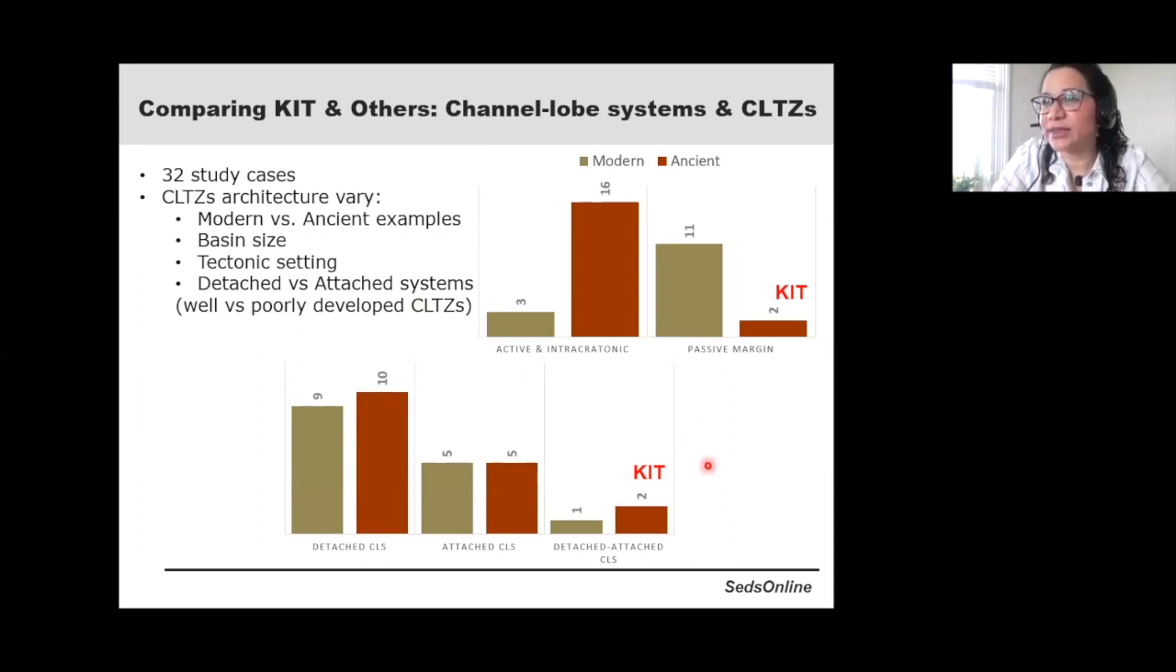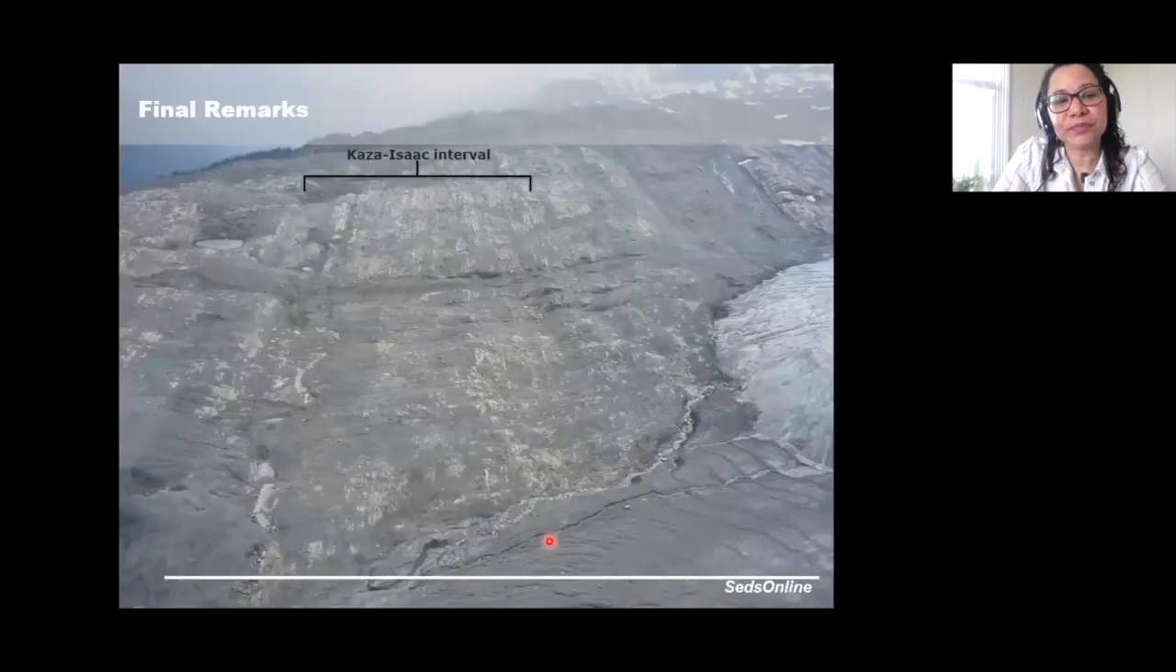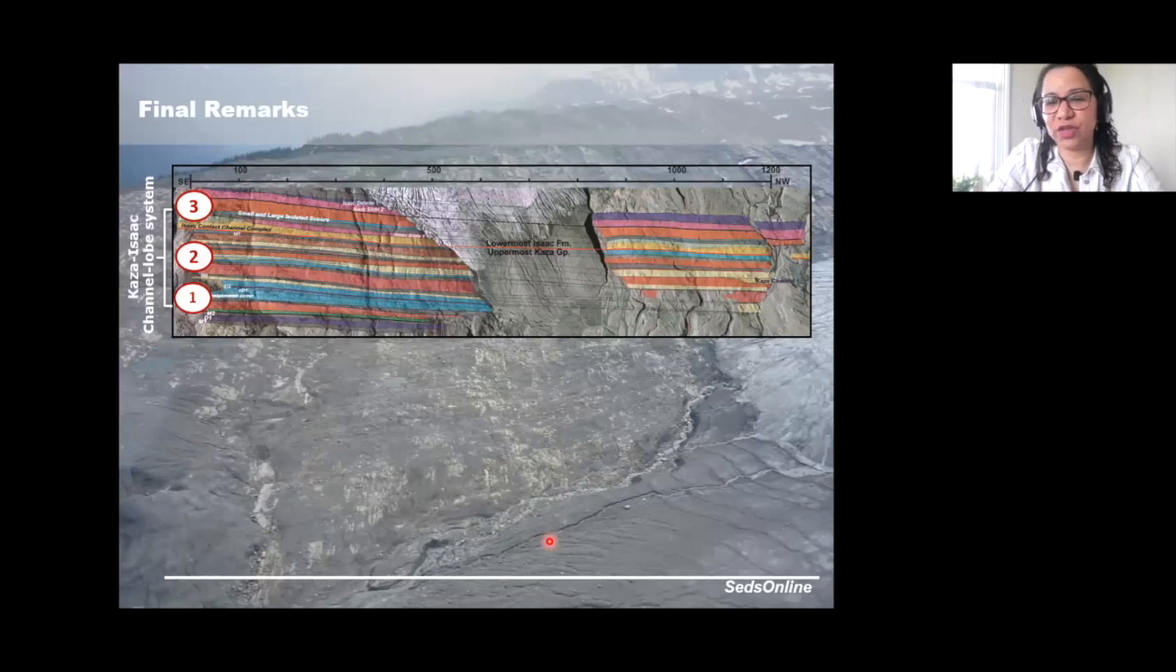There are very few cases reported, whether modern or ancient, where they have recognized in the same system different stages of detachment and attachment within the channels and the lobe. And as I showed you in this example for the Casa-Isa interval. So at the end, the main takeaway message that I want to give you is, when we were looking into the Casa-Isa interval, we found that the characterization of this outcrop gave us an idea that there is